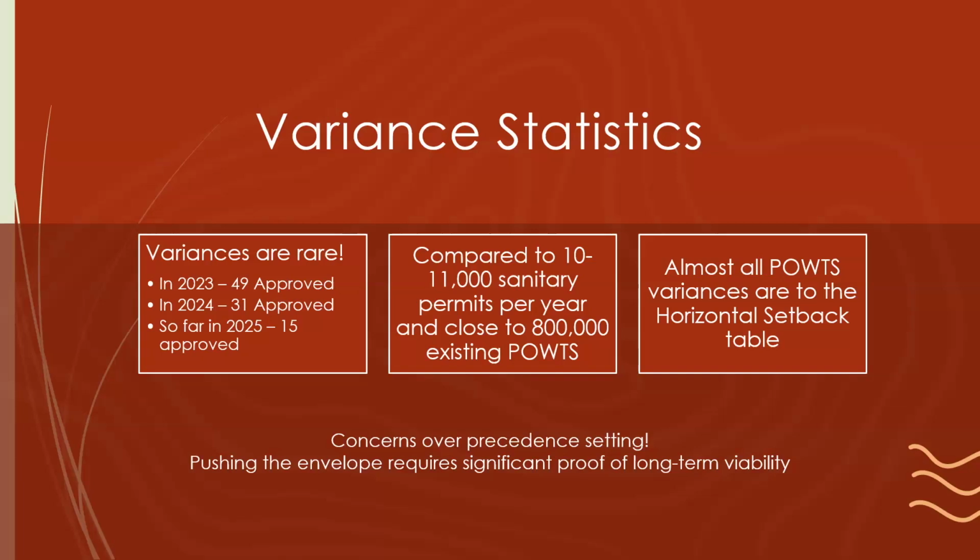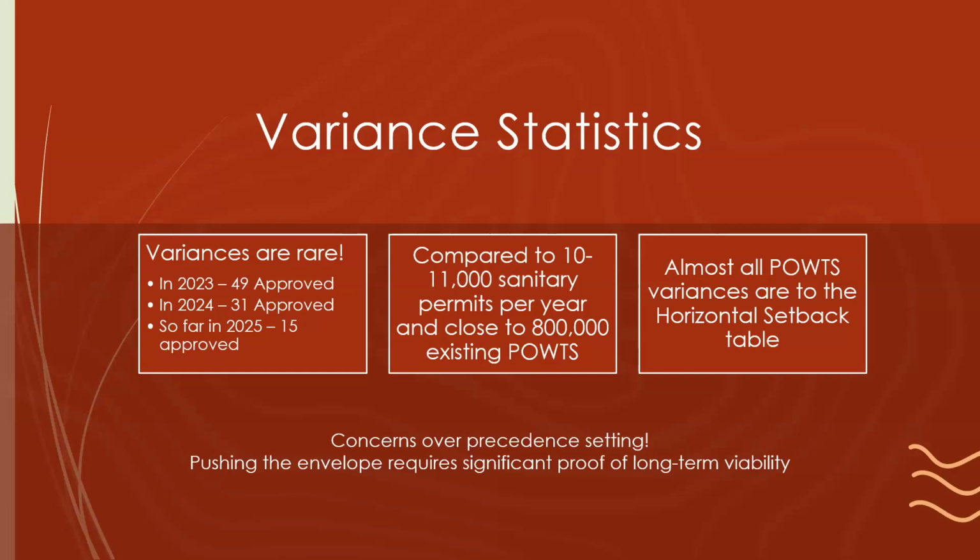I'll go through the application, what is required in the code, but if you have something that you consider to be precedent setting, so let's just for the sake of exaggeration say that you're proposing a mound that is 1 foot from the lake, we're going to be very concerned about precedent setting. So if you're going to push the envelope with your variance application, we really would require additional significant proof of long-term viability. There are some variances that have been proven to be equivalent over time, but if you're going to be precedent setting, just keep that in mind, that if you're asking for a lot, you must provide a lot